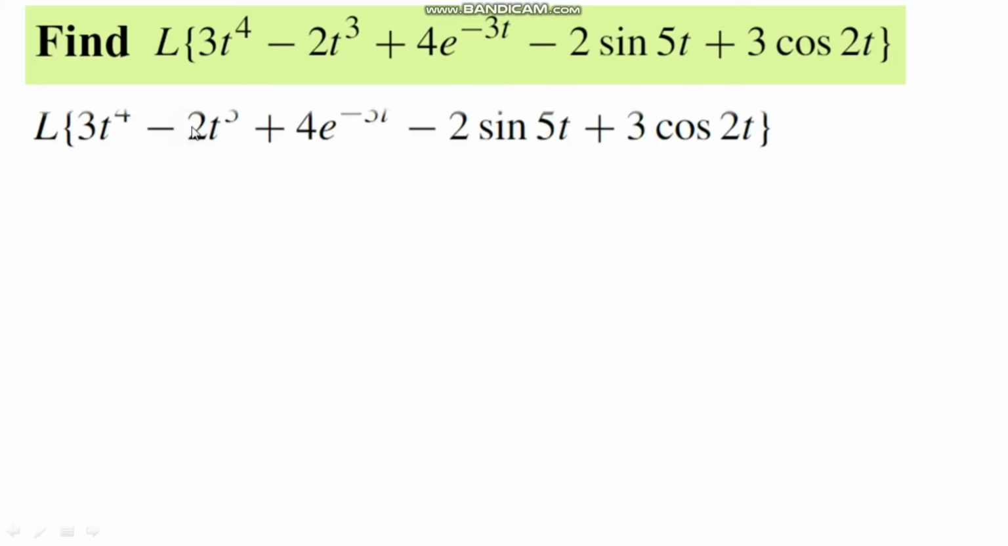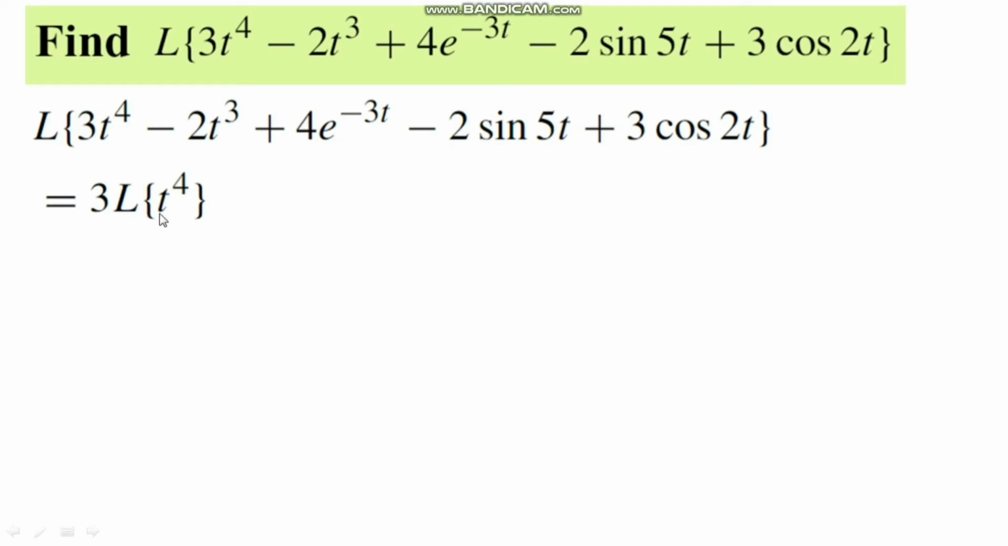Consider the Laplace transform of 3t^4 minus 2t^3 plus 4e^(-3t) minus 2 sine 5t plus 3 cosine 2t. According to the linearity property, it can be expressed as: 3 is a constant, outside of this Laplace transform,